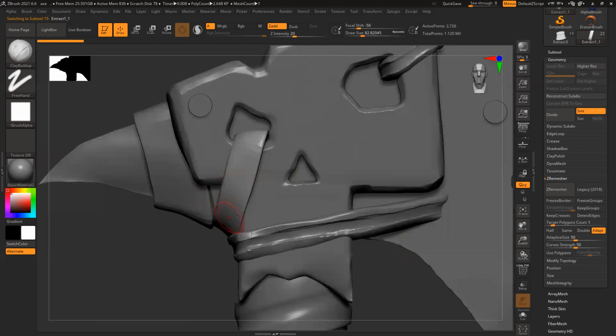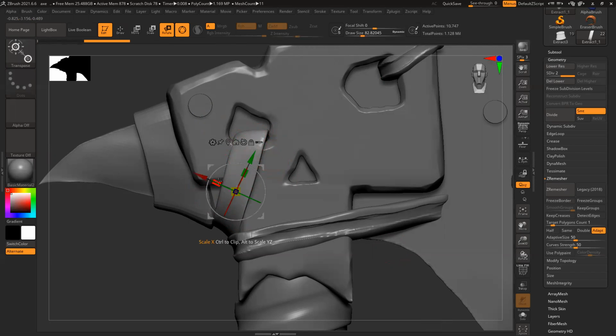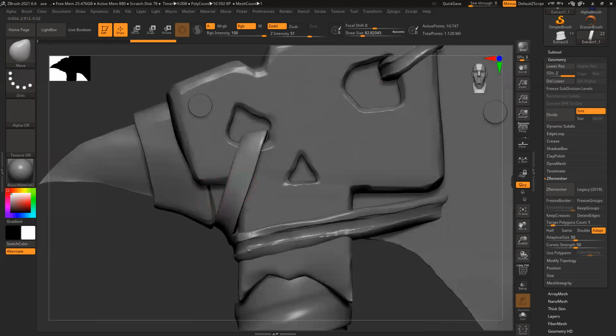This part is not visible anyways. I can work on this directly. And this is like way too thick. Bit thin. This one, position wise, it's slightly down here.